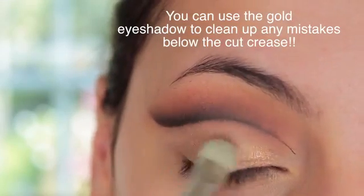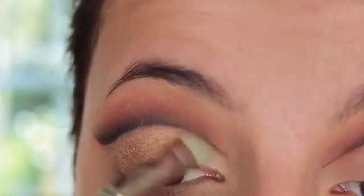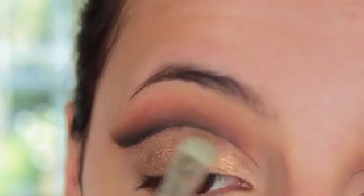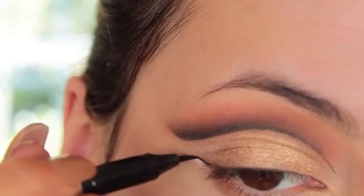Any gold will do, and I'm just going to pat this on and sweep this on to ensure impact of colour is on point, because golds can be pretty tricky to get that sheen and shine. So I like to pat and then swipe, and it just makes sure that you keep that shine to the gold. Then after that, I'm taking my Artist of Makeup Extreme Art liner pen in black, and I'm going to